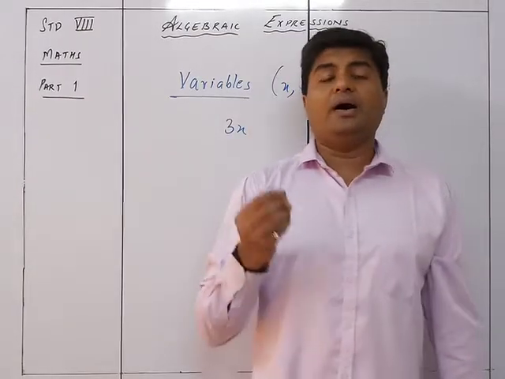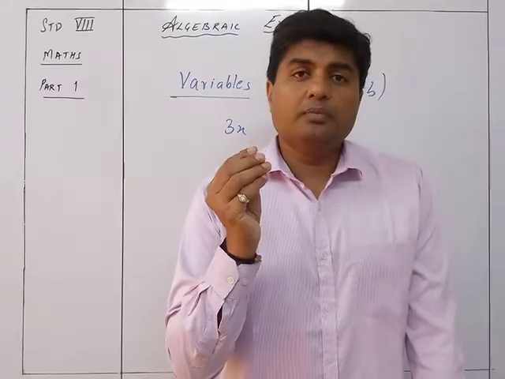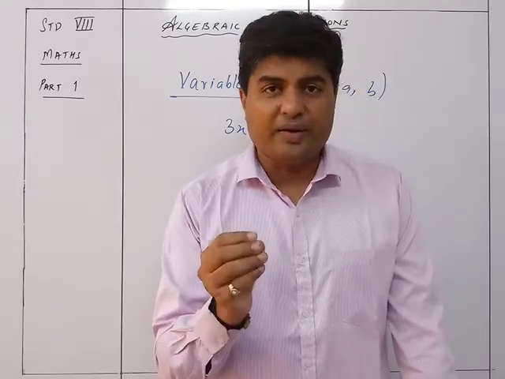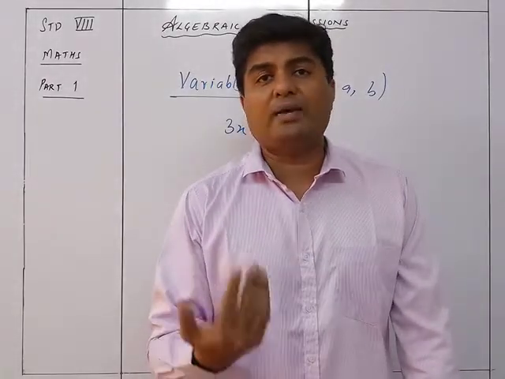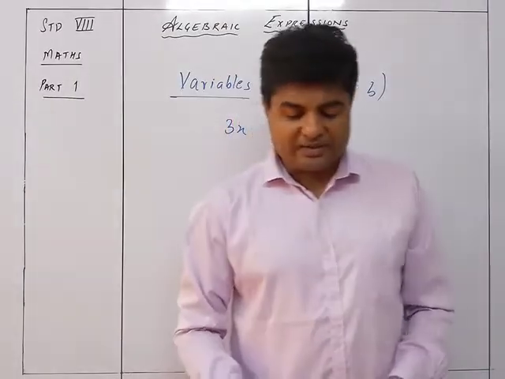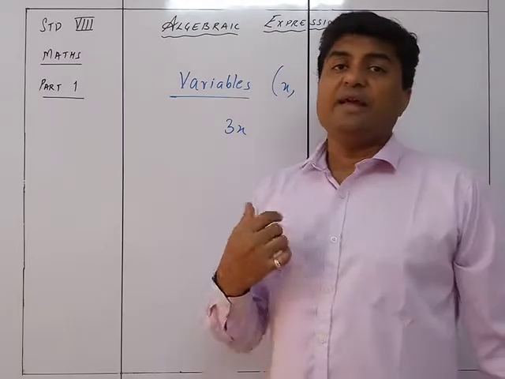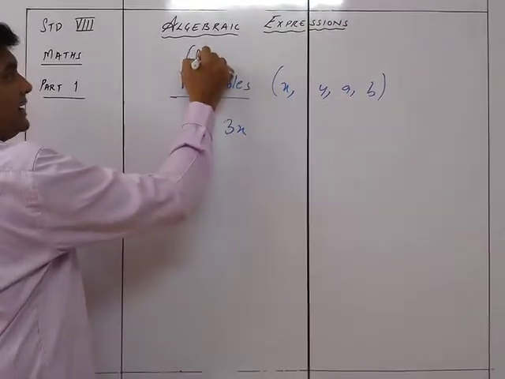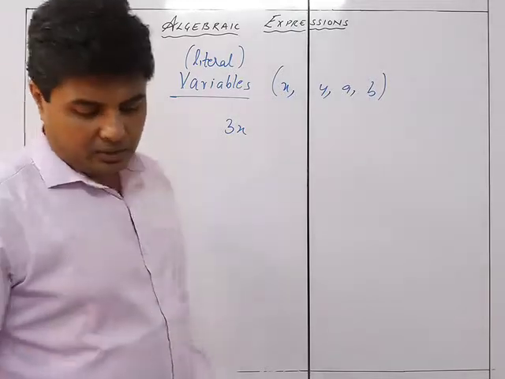What is a variable? A particular kind of algebraic term, or we can say a particular kind of an alphabet which we are using, whose value can vary from one number to another number depending upon the conditions. So accordingly we see that they are called as the variables, also called as literals. Okay, these are literals. So literal, coefficient and the constant.